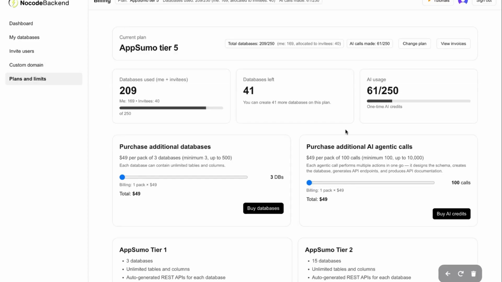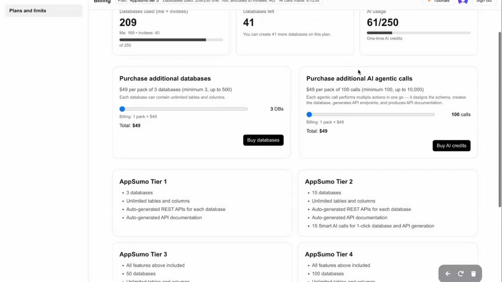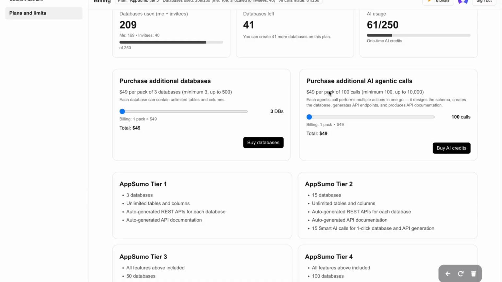And then we have the plans and limits, and here we have added additional credits. If you want to purchase the credits at a one time price, you can purchase additional databases as well, or you can purchase the AI agentic calls there. We're not calling them just AI calls, but agentic calls, because it is not doing just one thing. A single AI call performs multiple actions for you. It works on the databases, it works on the documentation,